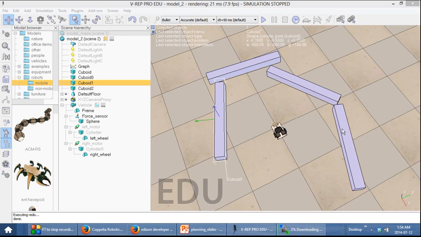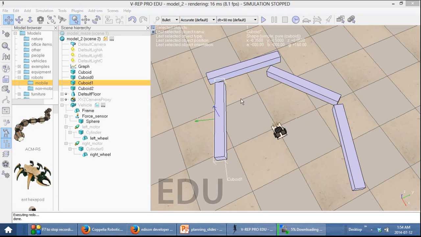Now that you have a collection of all the obstacles, we can begin with the path planning setup. Whenever you do path planning in V-REP, you need three things. You need one, a starting dummy; two, a target dummy somewhere else; and three, a path object. So let's add all of these three items into the